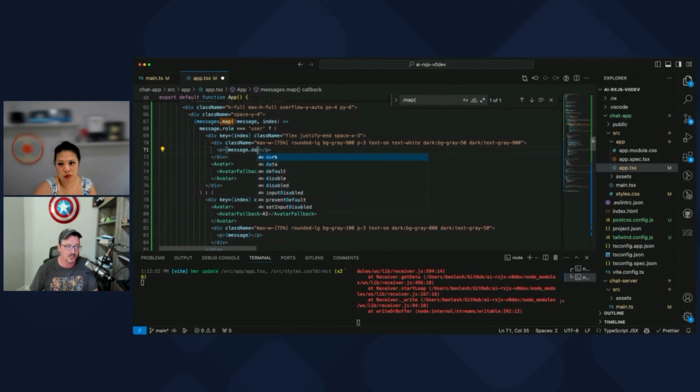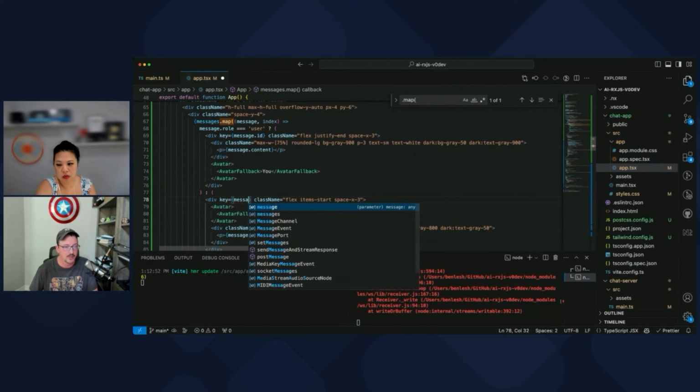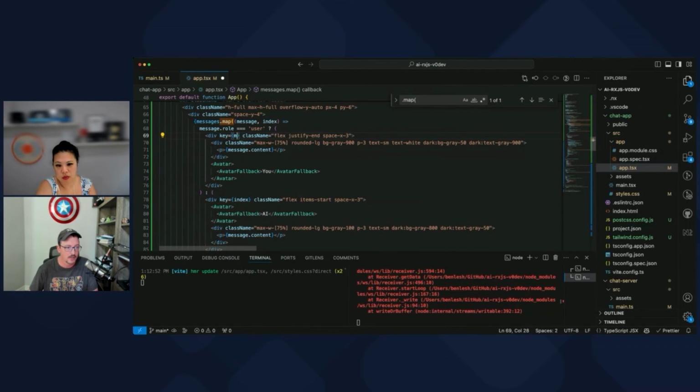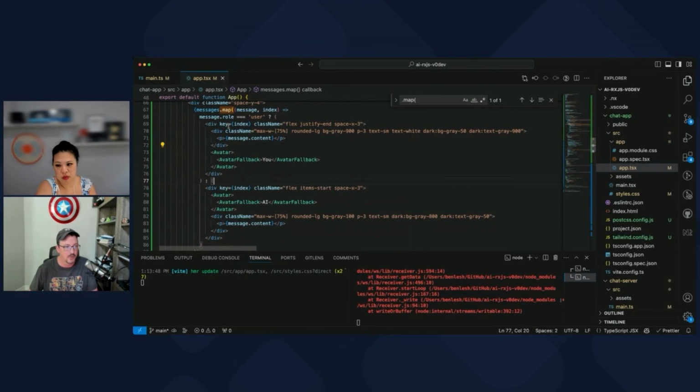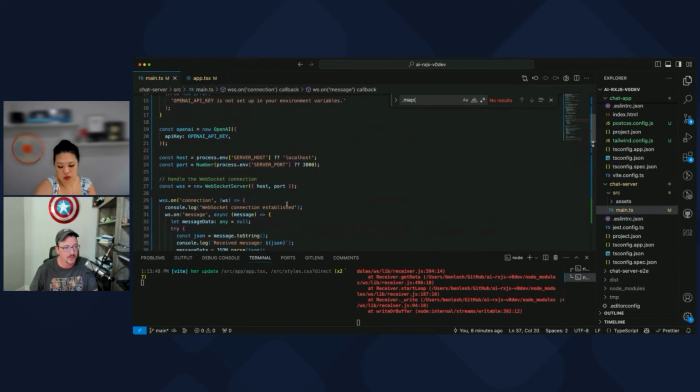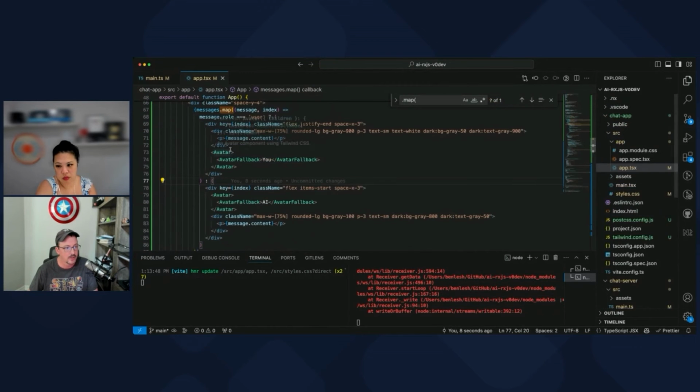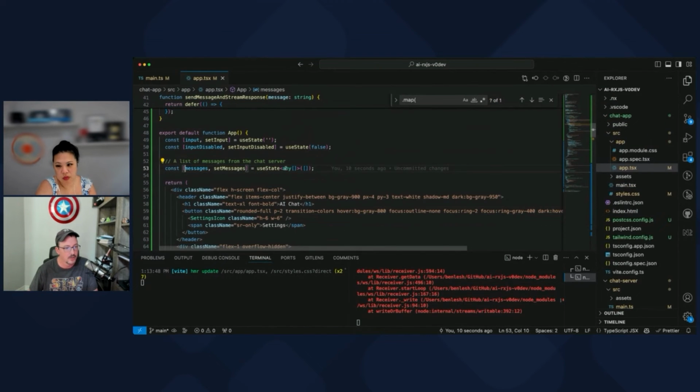So let's see. We're going to change this back to message content. I'm just going to hack this in here. Message content. Message ID. We'll still keep index. I'm too lazy. And then I'm going to change this around a little bit. So instead of just strings, this is any. This is going to be role string, content string.